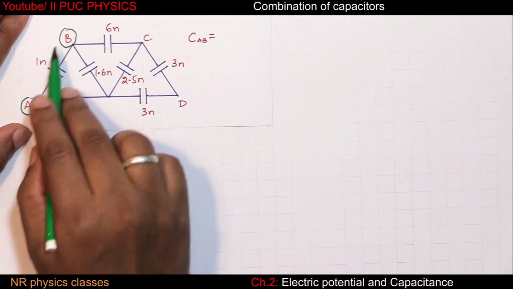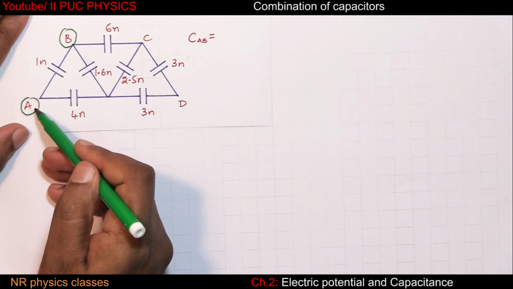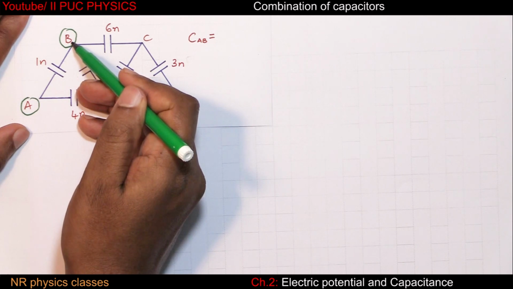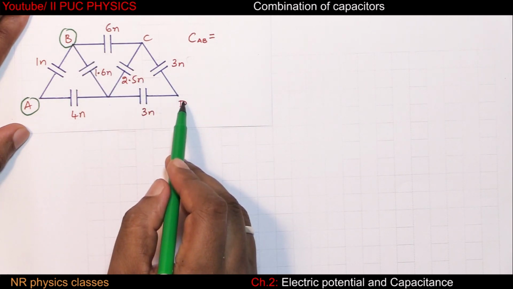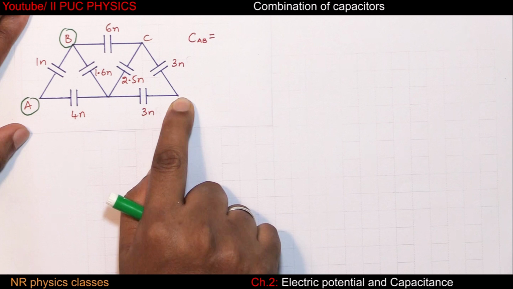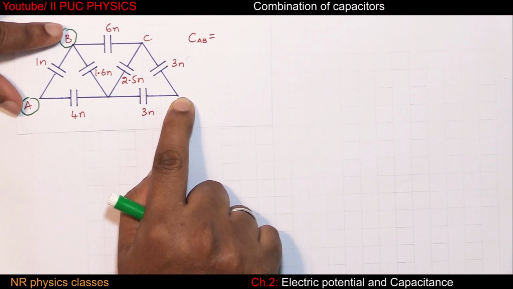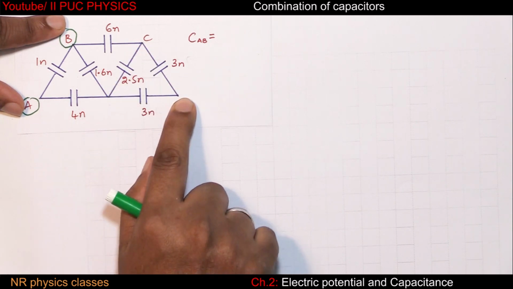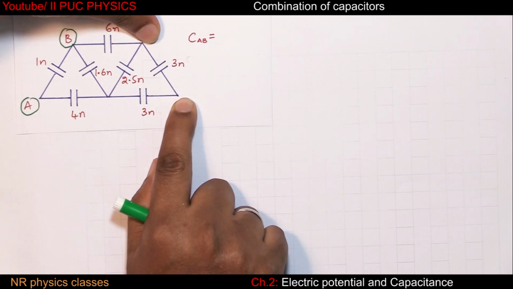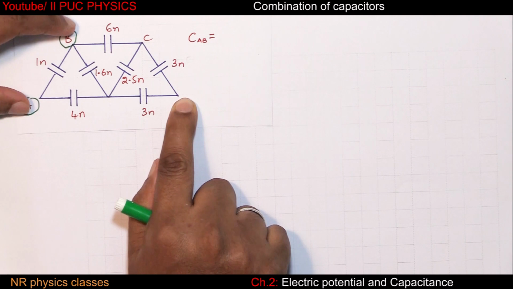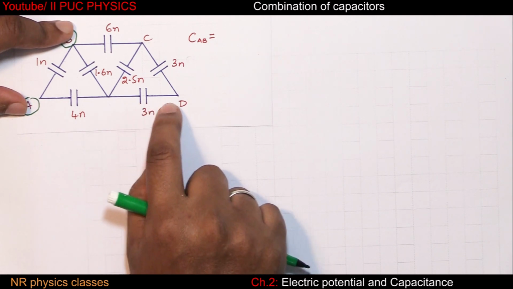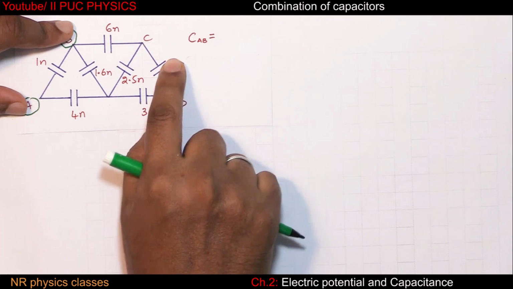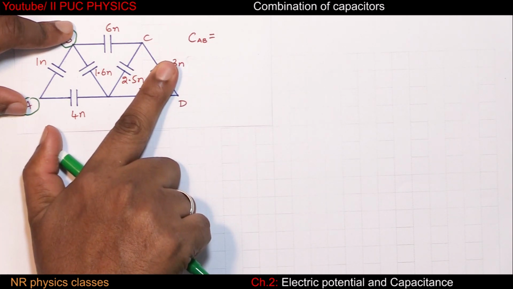So the trick for such problems, when you have to find across 2 points, 2 nodes, is to try to solve from the far end. So try to solve from this side. You have to concentrate only on A and B. Don't worry about C and D, they are just nameplates. Forget these two. Now 3 and 3 are in series. 3 and 3 series means this becomes 1.5.